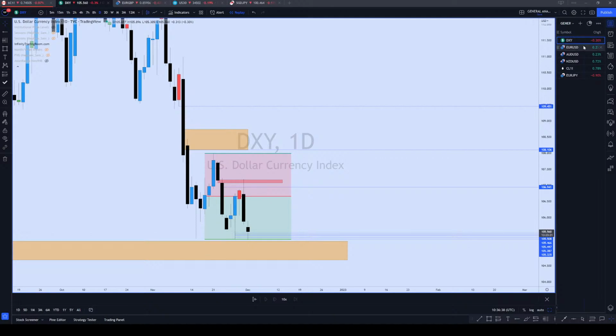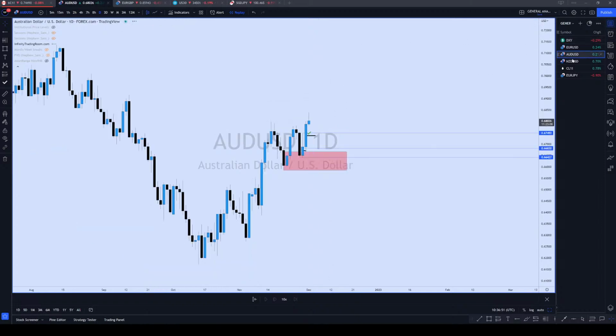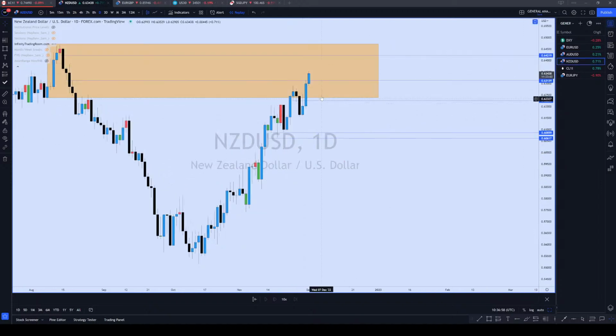So if you jump onto the British pound, price was down here, that's the opposite, that's a retracement, and then you're gonna look for the buy. Same thing applies to Aussie. That's the retracement, and then you're gonna look for the buy. And then finally New Zealand, that's the retracement, and then you're gonna look for the buy. Now, one thing that